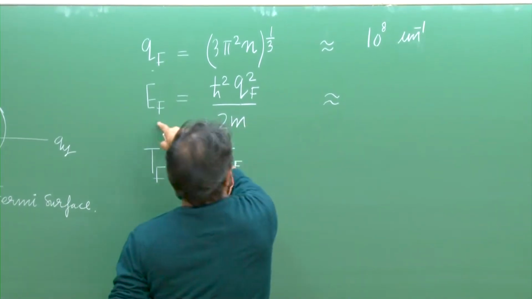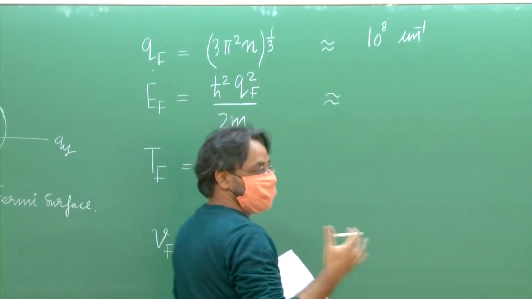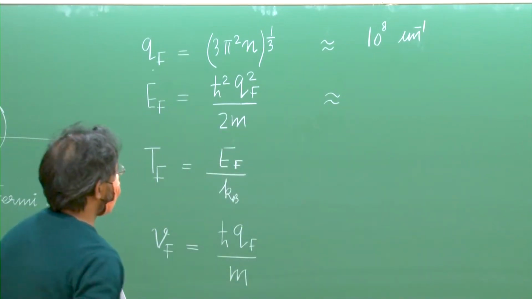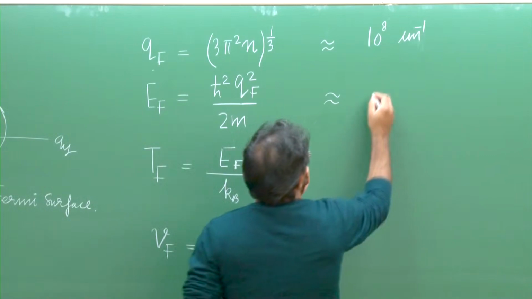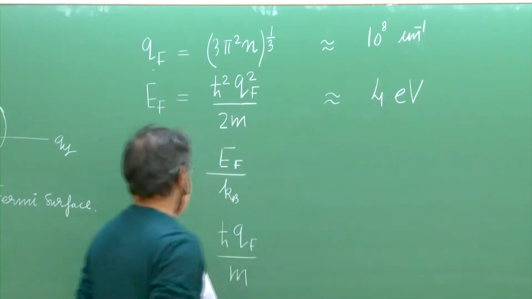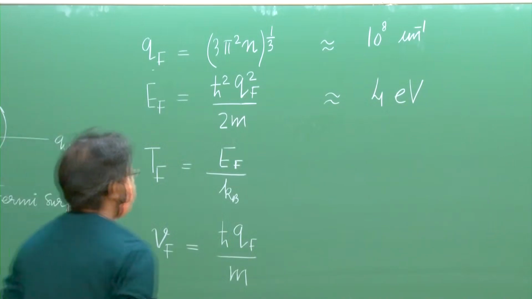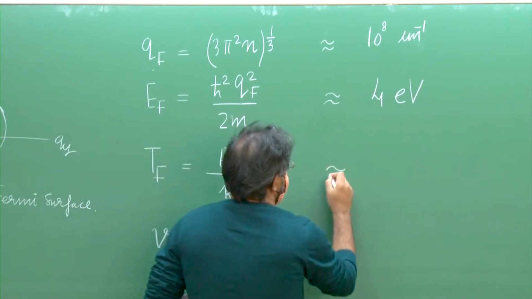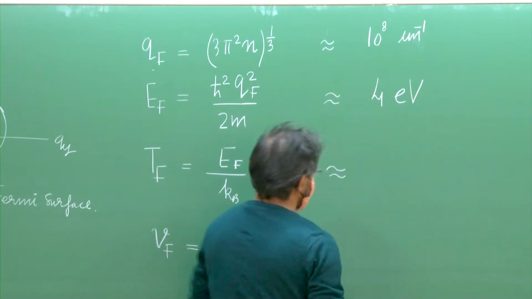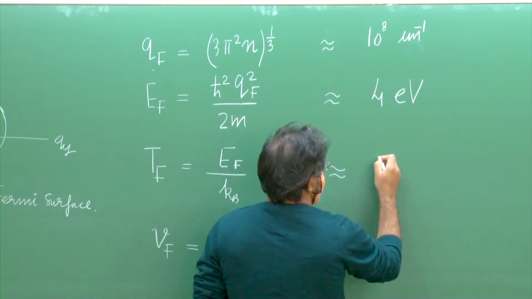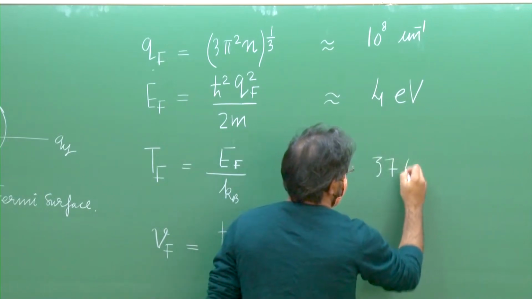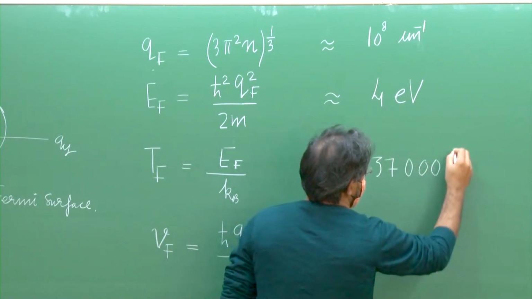Once you use it over here and you work your way through the unit conversion carefully, you will see that this energy is of the order of 4 electron volts. Now, how much is 4 electron volts in terms of temperature? This is a pretty high temperature. This is about 37,000 Kelvin,